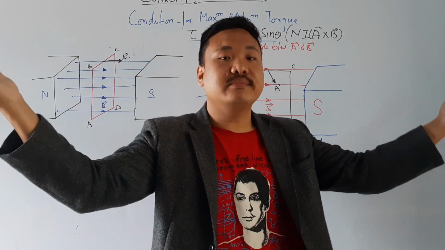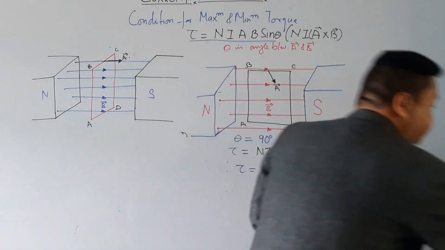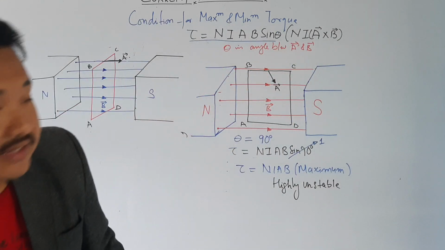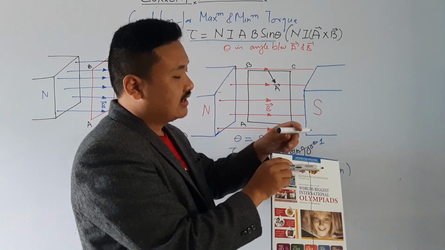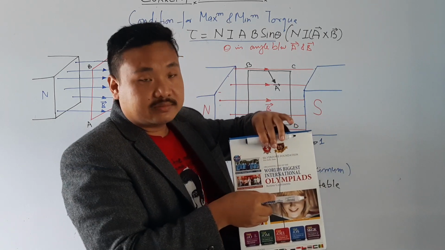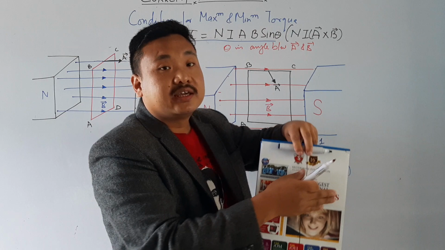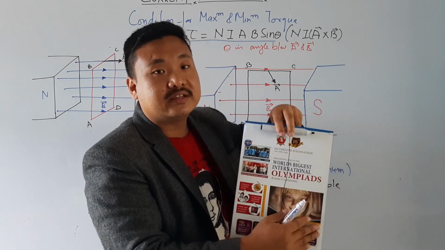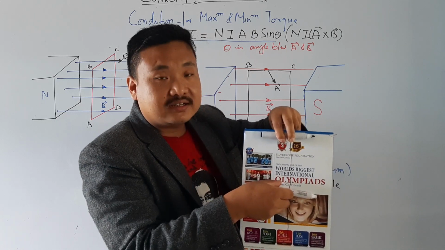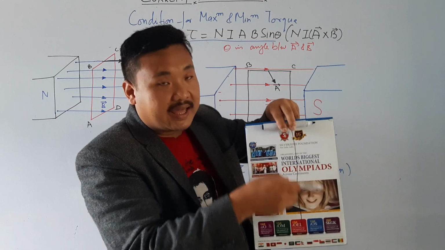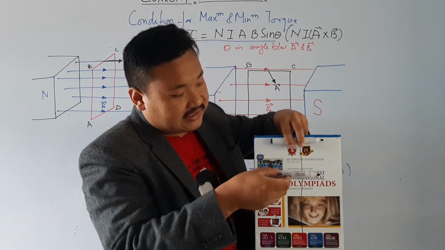Now one more condition I want to tell you here is that, another condition is that this was the magnetic field, everywhere it was the magnetic field. Now tell me, this part is the plane of the rectangular coil, isn't it? This is the plane of the rectangular coil. How are the plane of the rectangular coil and the magnetic field aligned? Are they perpendicular? Are they parallel? Tell me. Yes, they are parallel. This is magnetic field. They are just like this.